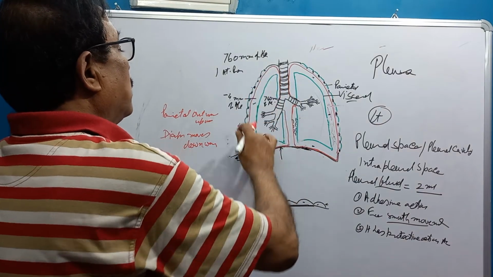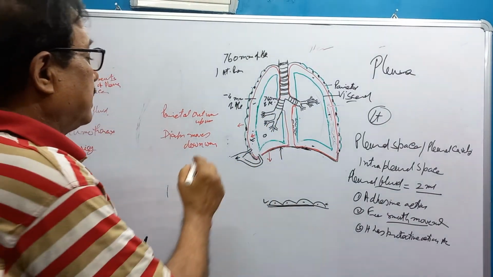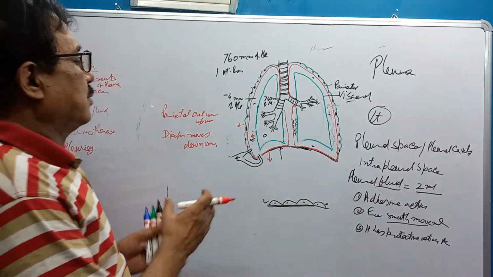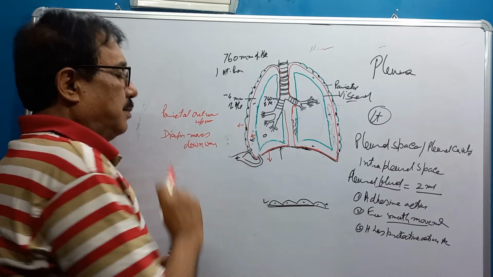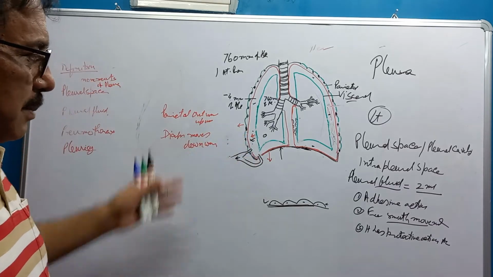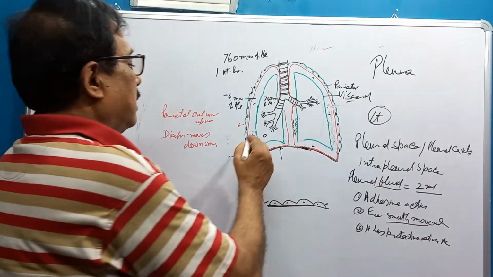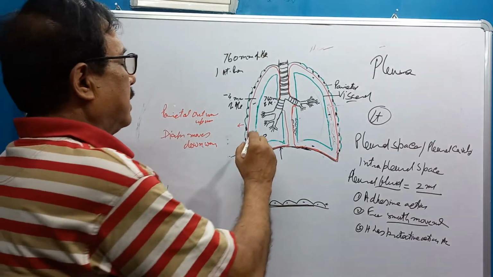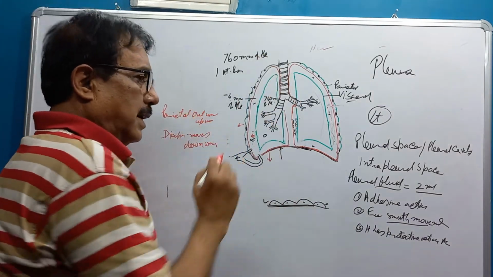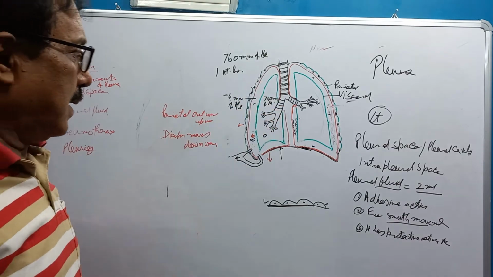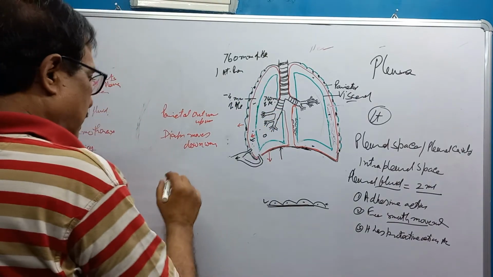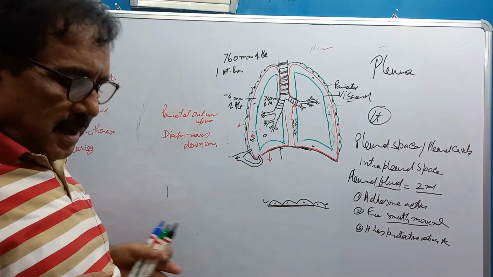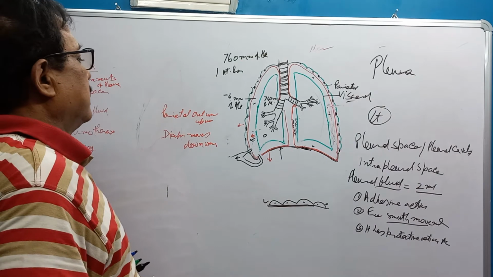So the volume increases, and as the visceral pleura is very close and adherent to the parietal pleura, the visceral pleura will also move along with this lung, and this will increase the volume. When volume increases, pressure decreases, and the air will enter into this lung. Now the opposite, when this chest wall goes